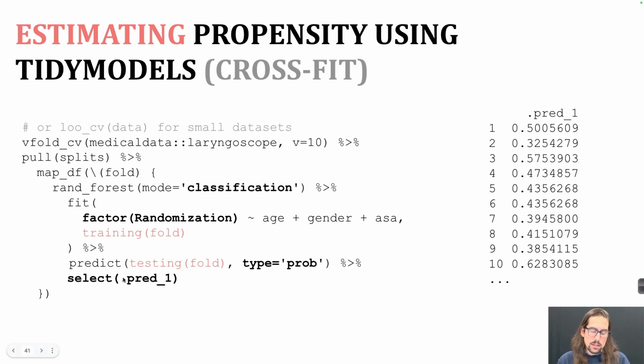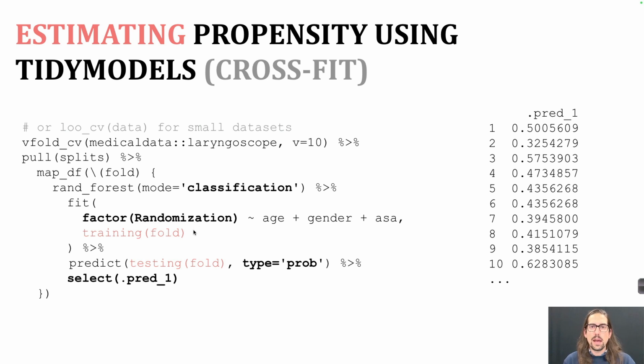And then the last little complication is that tidymodels actually will give you back a data frame with 2 columns: the probability that each observation is class 1 and the probability of it being class 0. And since there's only 2 classes here, they're going to sum to 1, right? You can get the other from just taking 1 minus the other. But in general, you can use these methods in problems where there may be multiple classes, like the outcome could be A, B, or C. And in which case the model would be fitting